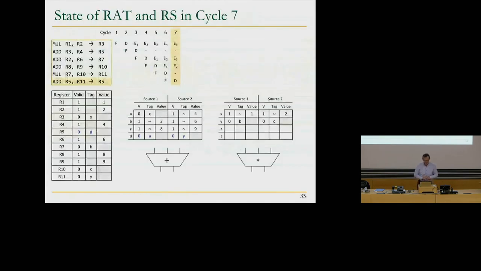But if you look at the state of the machine in cycle 7, you could do the reverse engineering of this. What you could do is by just looking at this thing, you can really get the DataFlow graph. Shall we do it quickly? I'd like to do at least part of it,